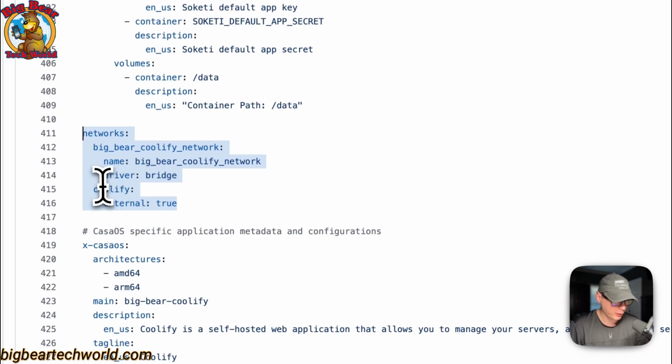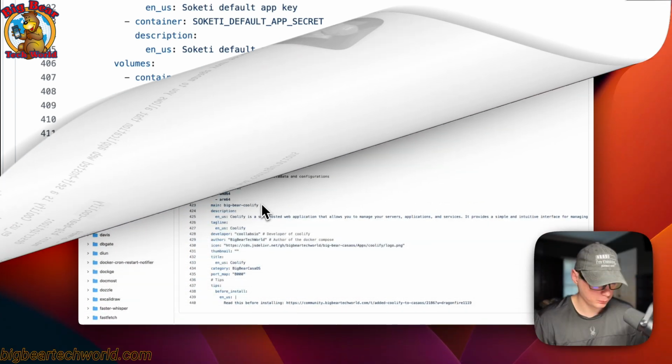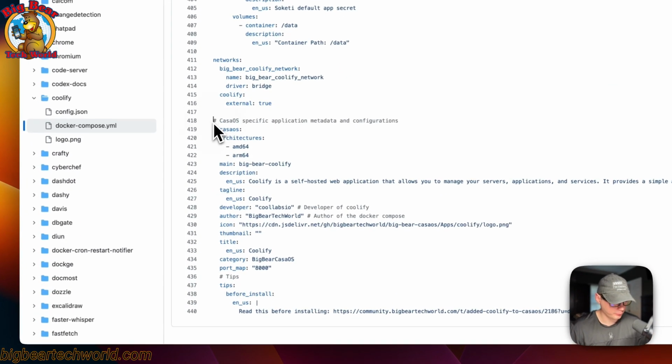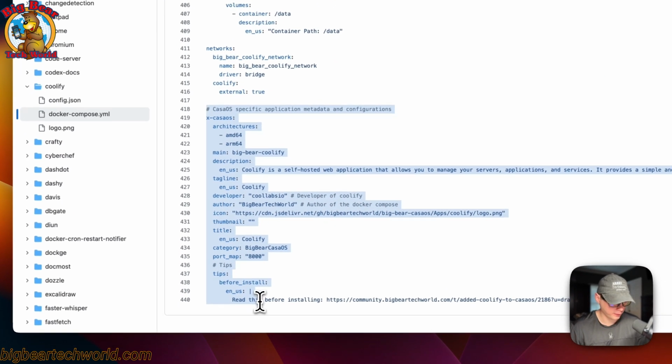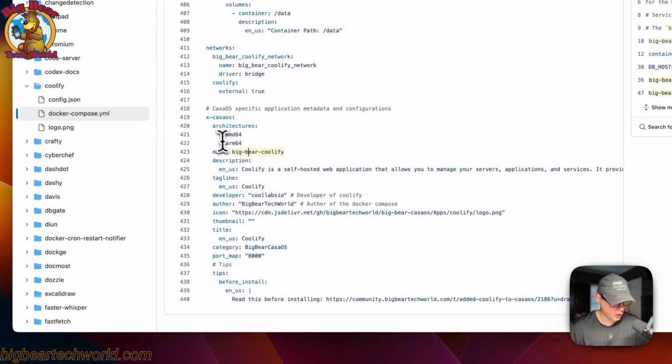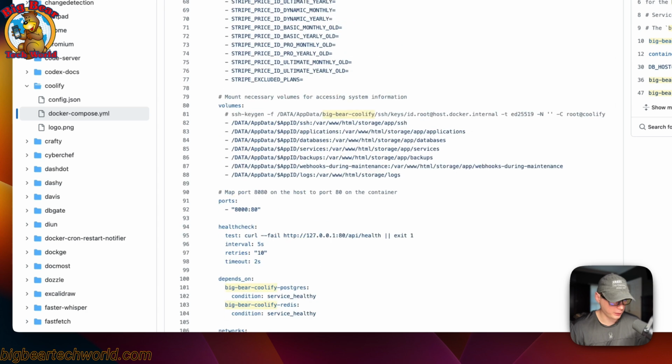And then now the Coolify network, which is set to external. So we'll need to create that, and that will be created inside of the BigBearScript. So now the CasaOS information to explain the app to the App Store. So the architecture that the Docker image supports, and that's up here,